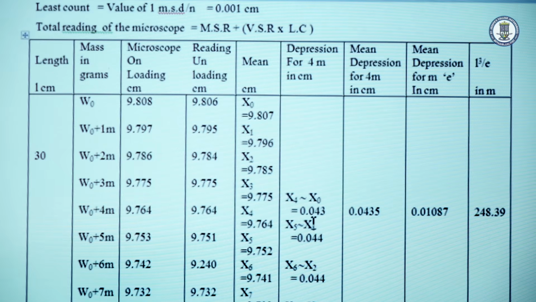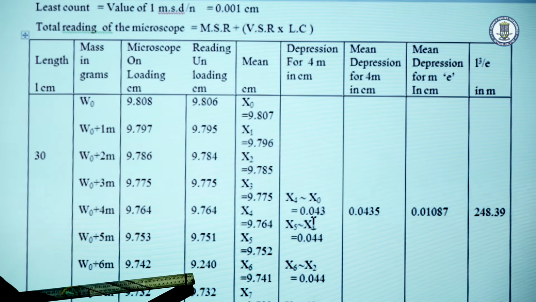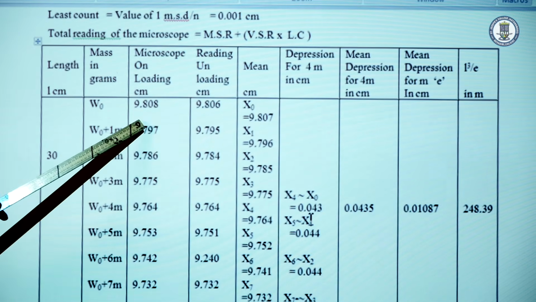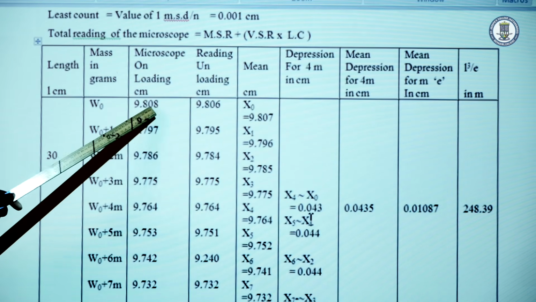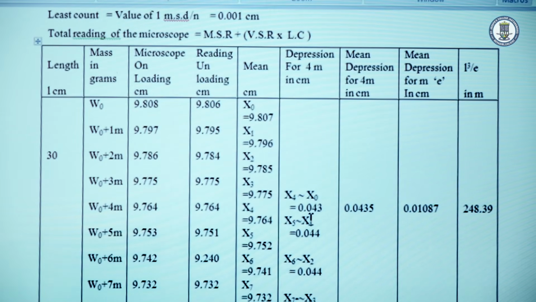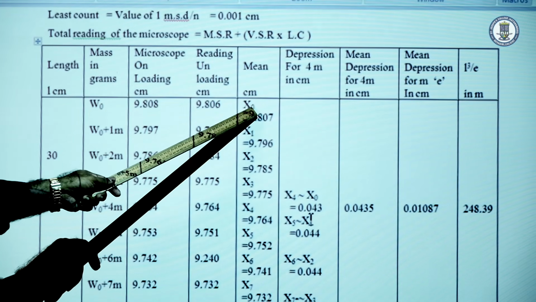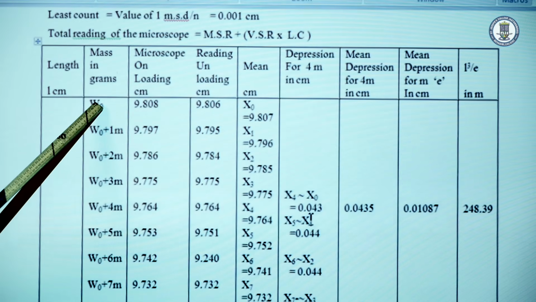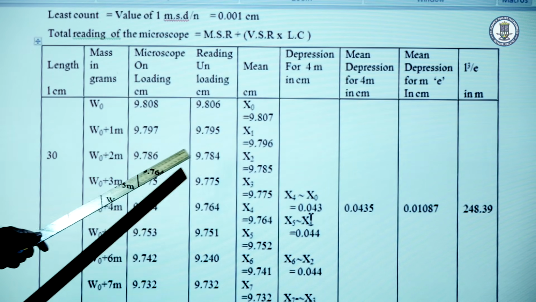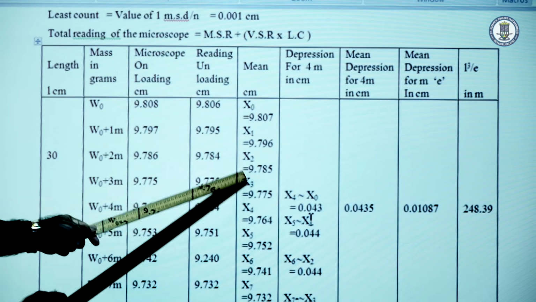Then the loads are removed one by one. Then we got the readings corresponding to 6M, 5M, 4M up to W0. We are calculating the mean of 9.808 and 9.808, that is 9.807, that is the x0 value, the reading corresponding to W0. Similarly, x1 reading corresponds to W0 plus M, x2 reading corresponds to W0 plus 2M and so on up to